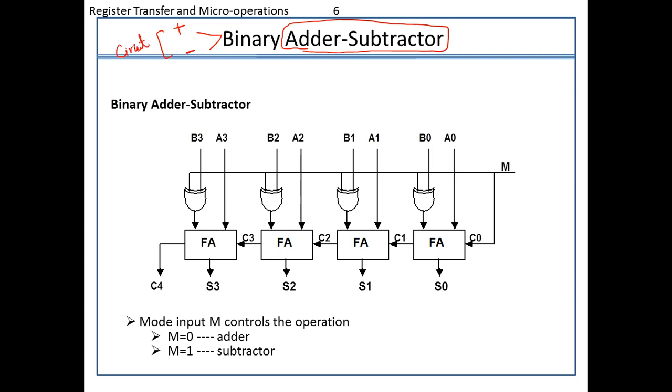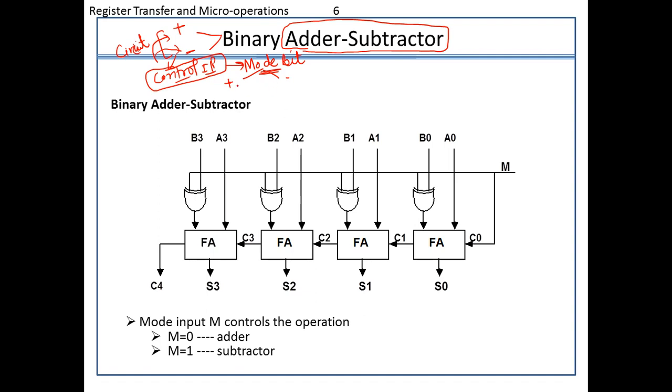So if I am able to perform this in one circuit, it means that I must be having some control input also, which will give me control over whether I have to perform the addition or go with the subtraction. So in this case of binary adder and subtractor, our control input is nothing but the mode bit. Okay, so it simply depicts under which mode you have to work, whether you want to work in addition mode or in subtraction mode.